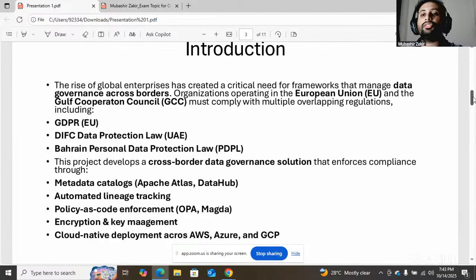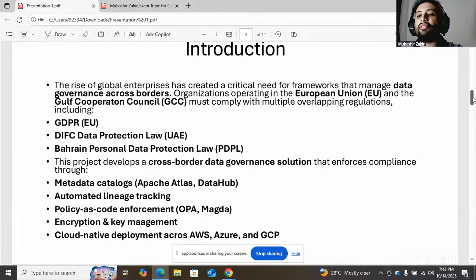These laws are General Data Protection Regulation. It is a law for European Union. Then we have Dubai International Financial Center Data Protection Law, which is the UAE law. And then we have Bahrain PDPL, Bahrain Personal Data Protection Law.